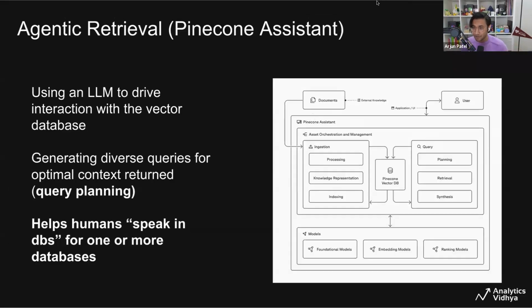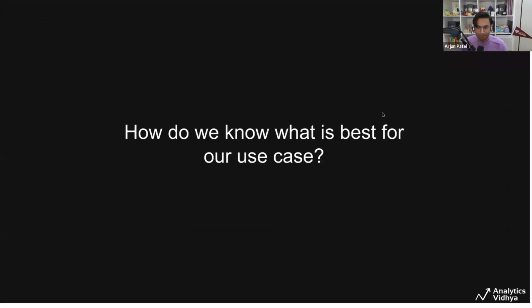There's also agentic retrieval, which is really new nowadays. What this does is it lets you use an LLM to drive interaction with your data store. Pinecone Assistant is an example of this. We have a product that allows you to ask one query, and then Pinecone Assistant will go and generate queries for you and ping them against a vector database to generate a final response. This is like query expansion, where you're adding new query ideas to the thing that you're looking for. And all of this relies on putting together these pieces of re-ranking, sparse search, dense search, and so on and so forth.